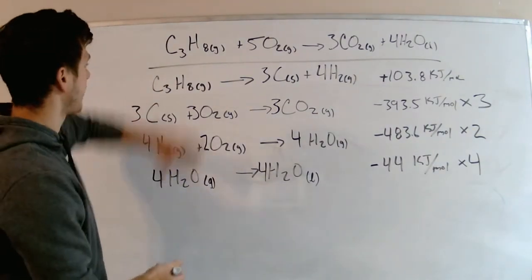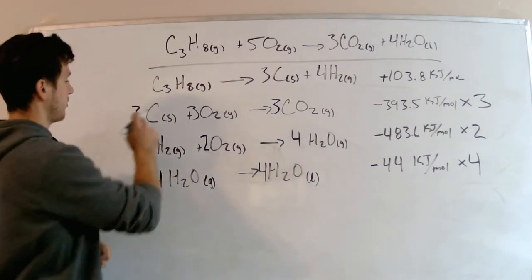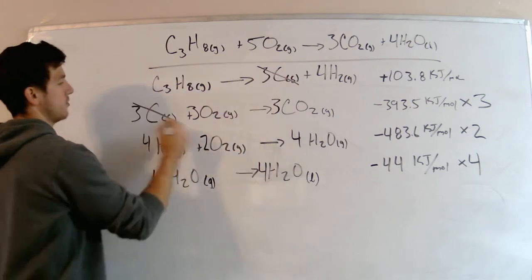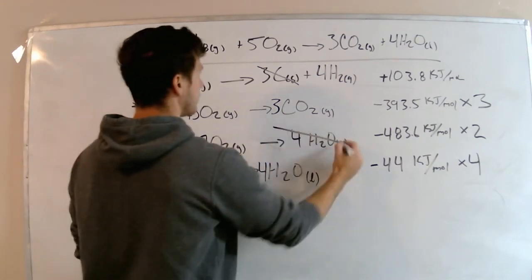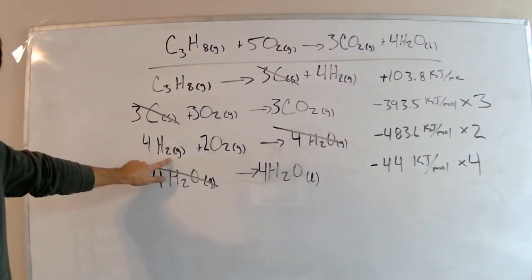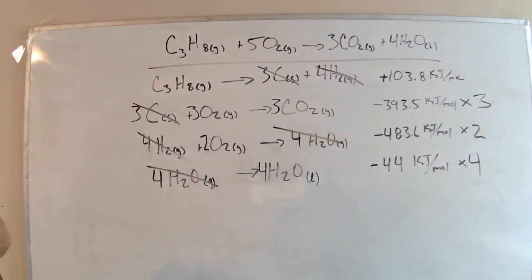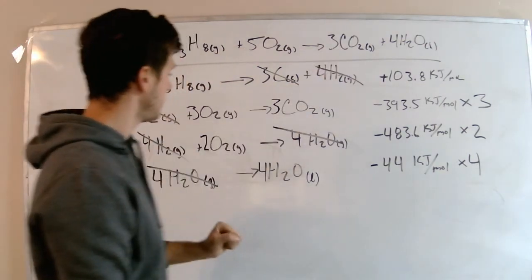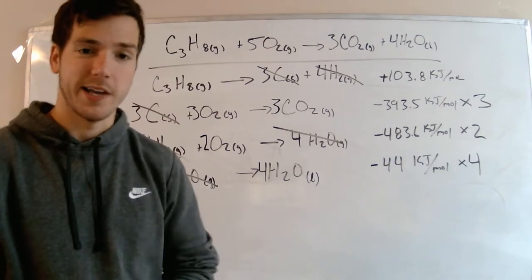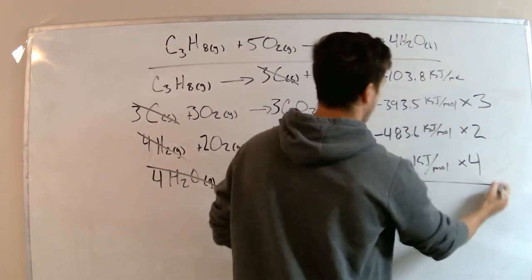Let's check our answer by canceling out things that are on opposite sides with our half reactions. I got 3 carbons over here, 3 carbons over here. Adios. I have 4 H2O gases, 4 H2O gases. Adios. I got 4 hydrogen gases, 4 hydrogen gases. Adios. And then I think it looks good from there on out. C3H8, C3H8, 5 O2s, 5 O2s, 3 CO2s, 3 CO2s, 4 H2Os, and 4 H2Os. And our last thing to do is just go ahead and multiply all these out,